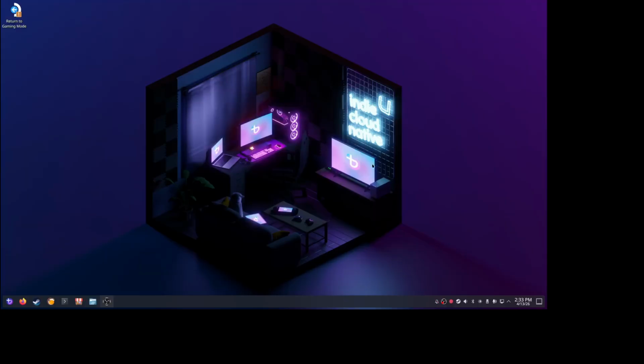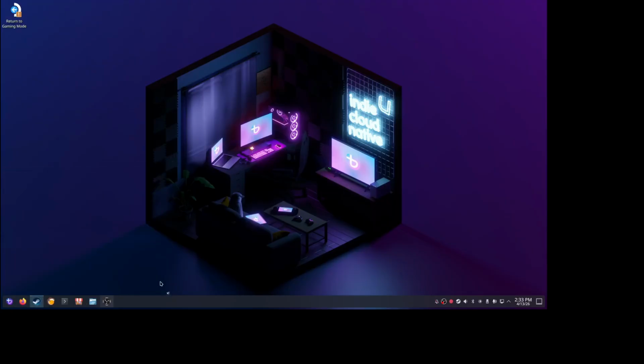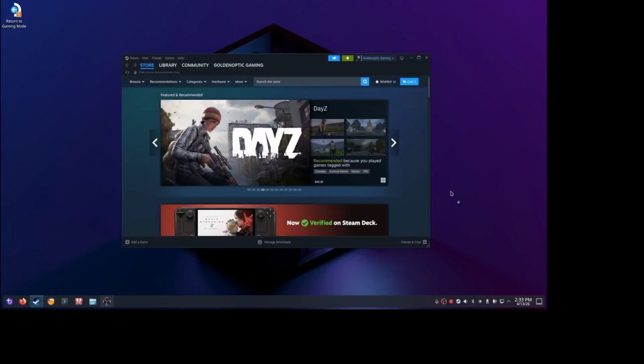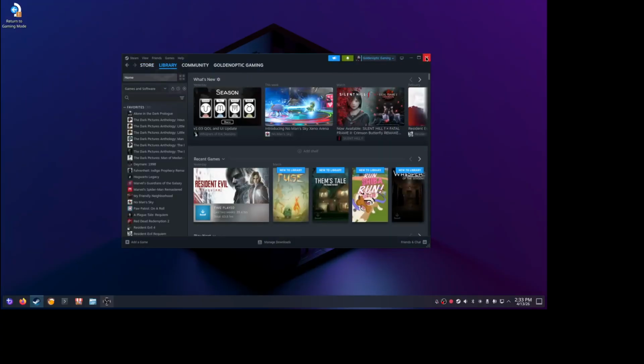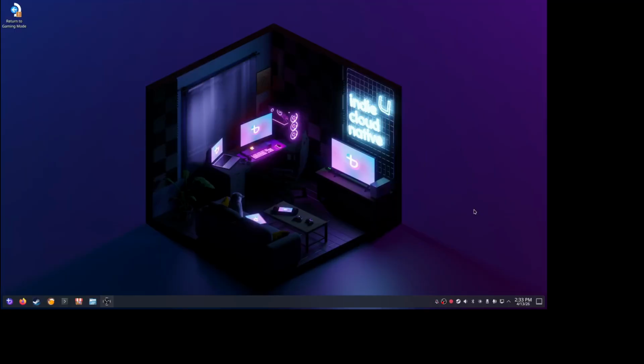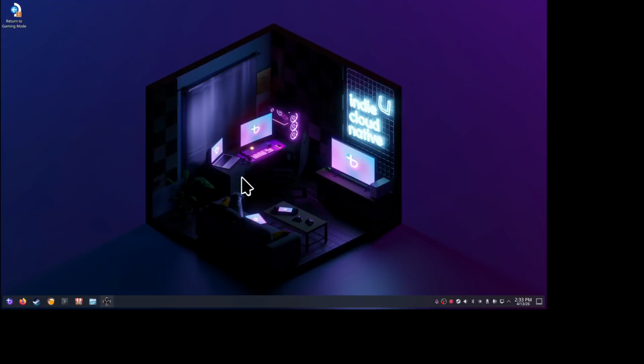Okay, we are now inside of Bazzite live. In Bazzite, we're signed in to Steam. There's my Steam, my library is here. This is just the desktop mode, not gaming mode, but this does have gamescope and it does boot into gamescope. But what will happen is it will just boot into Bazzite and you will not see your Windows partition